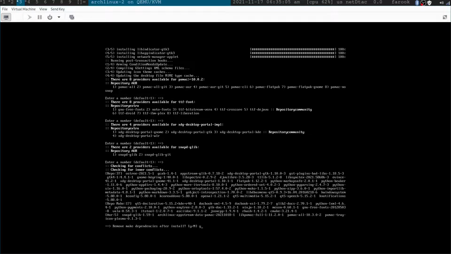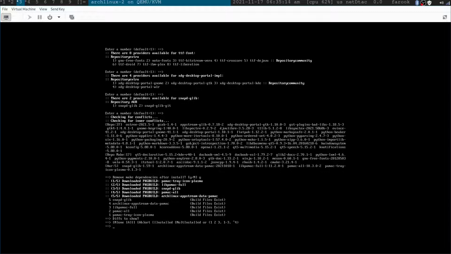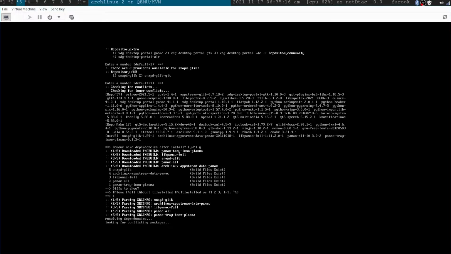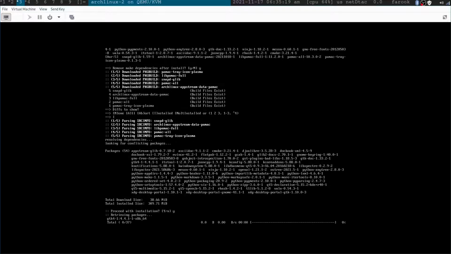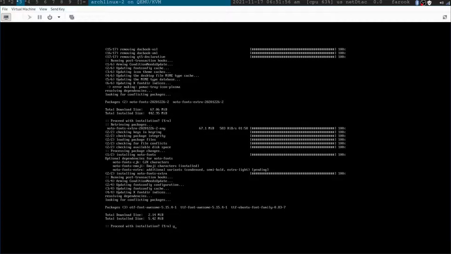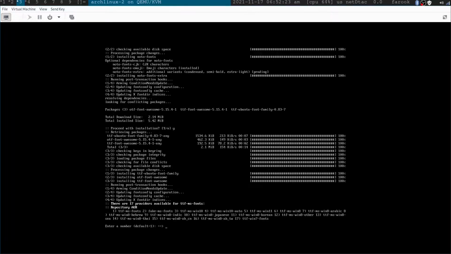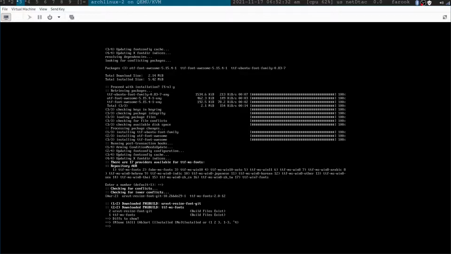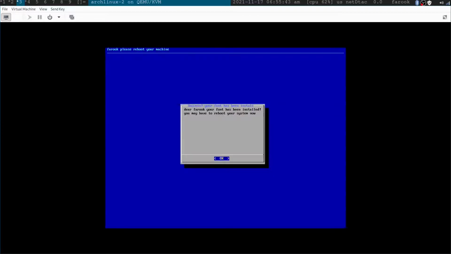Now I press Y, hit enter, and I have to press Shift I to install. Press enter, press Y, hit enter. You may see an error making pamac-tray-icon-plasma. It shows an error, but actually Pamac is already installed and ready for use. Now it's going to install Font Awesome and Noto fonts. I press Y and hit enter. I'm going to press enter, and now I press Shift I, hit enter. Seems like I got another error in my script, so I have to check it again. Alright, now I'm going to press enter for OK,